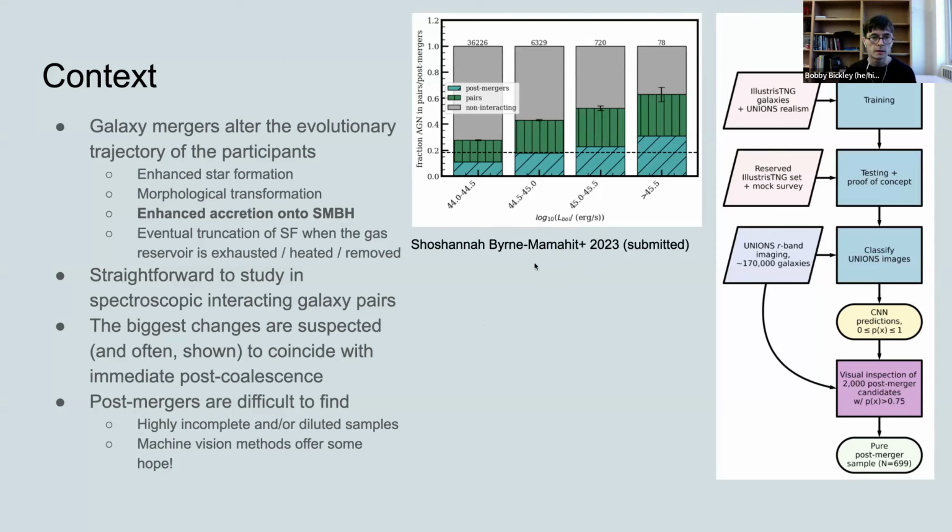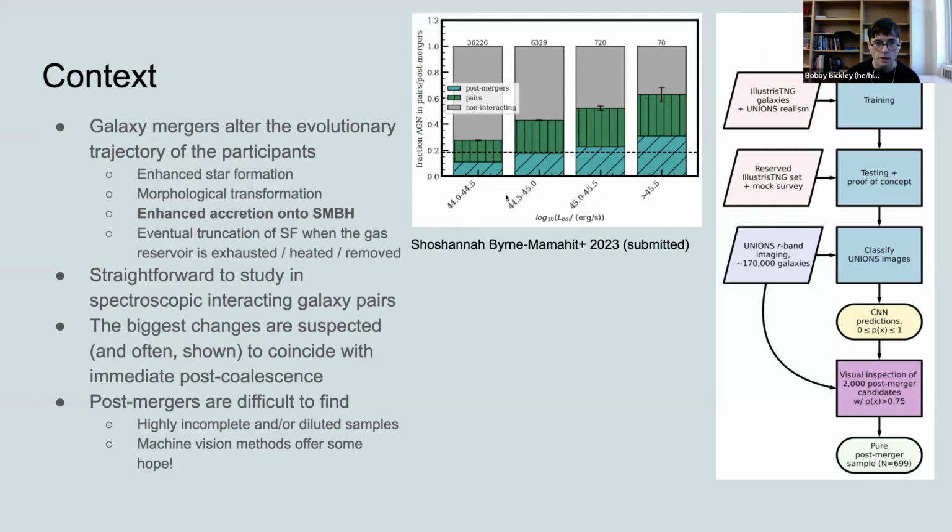And this is showing, in Illustris TNG, this is TNG100, the demographics of luminous AGN in galaxies. And she's binned her galaxies into a few different categories. In gray, non-interacting galaxies, so these are galaxies that are well separated from their nearest companion, they're not on a collision course, and they haven't experienced a merger or an interaction for some time. Galaxy pairs, which as you would expect, have one or more interacting companions, and galaxy post-mergers, which have recently completed a major merger event with another system in the simulation.